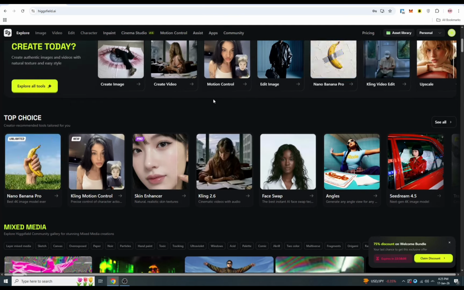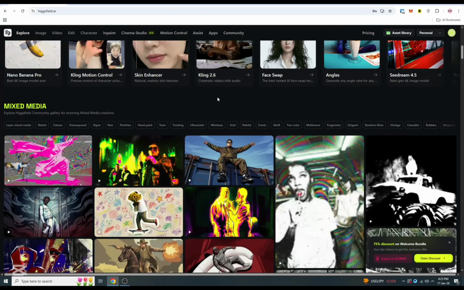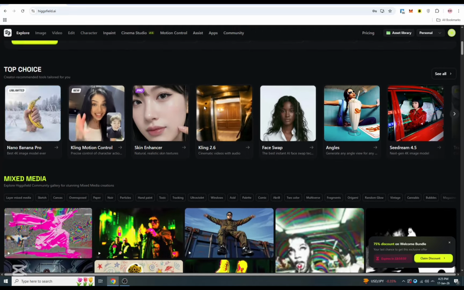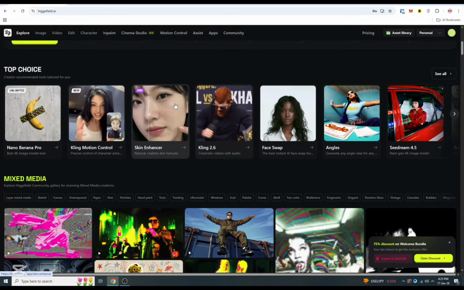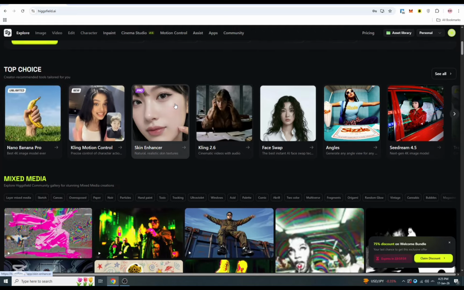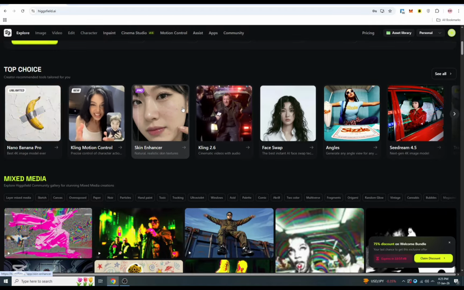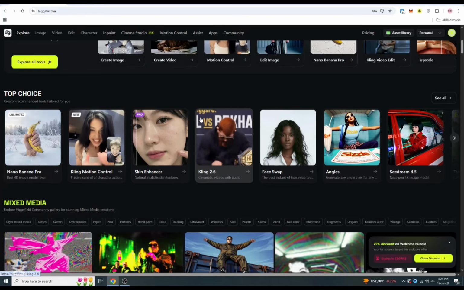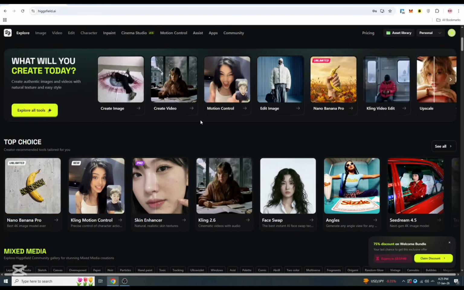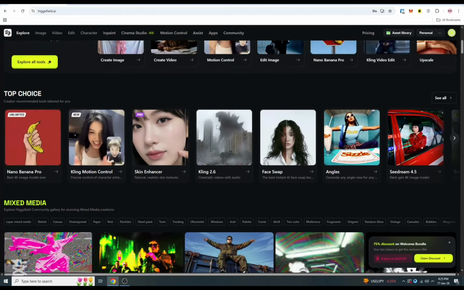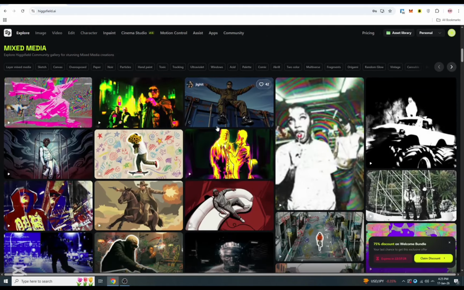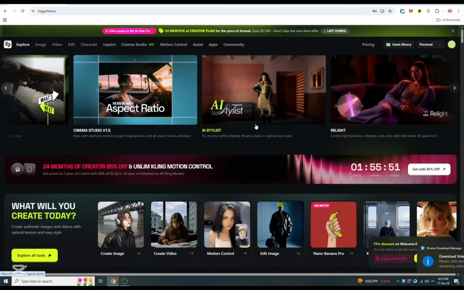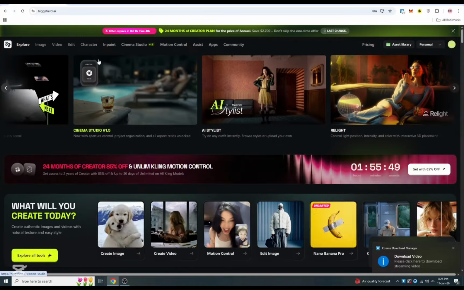First of all, here you can see a dashboard where all the tools are available in one place. You don't need to install any software, everything works directly in the browser. Here you can select different models depending on whether you want quality images with audio or full filmmaking. This unified setup makes Higgsfield very creator friendly, especially compared to platforms where you have to switch between multiple tools. Now we will talk about the Nano Banana Pro demo.